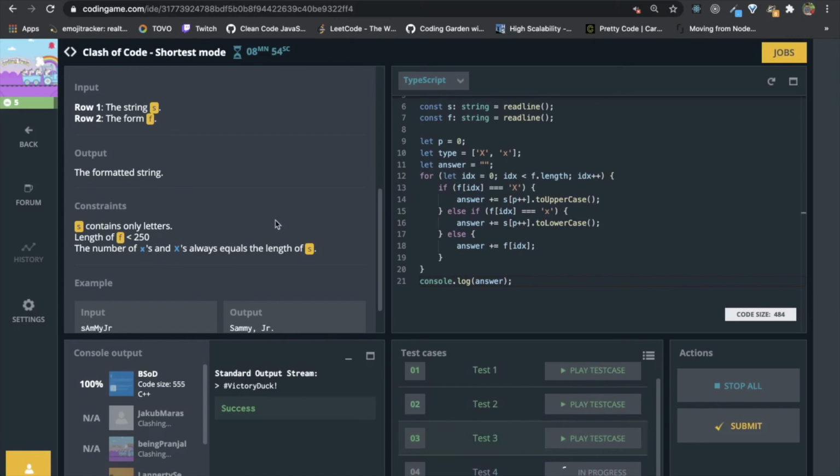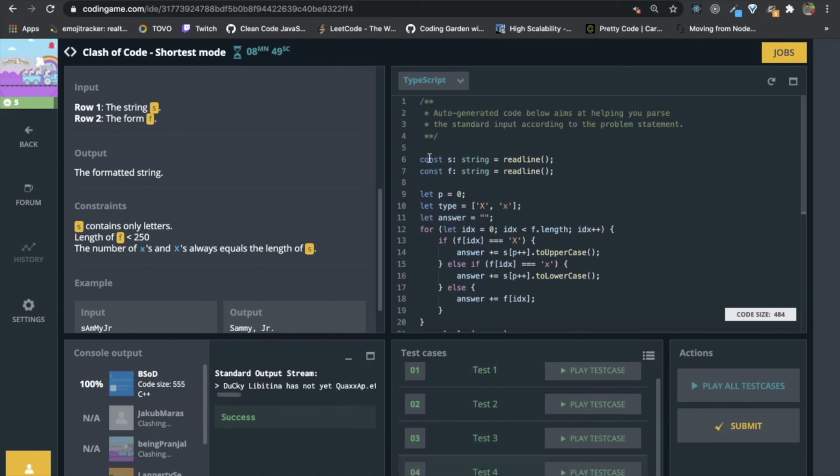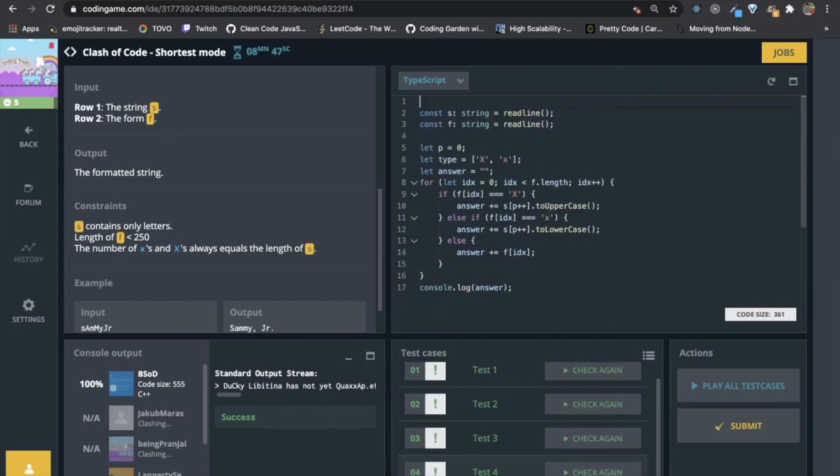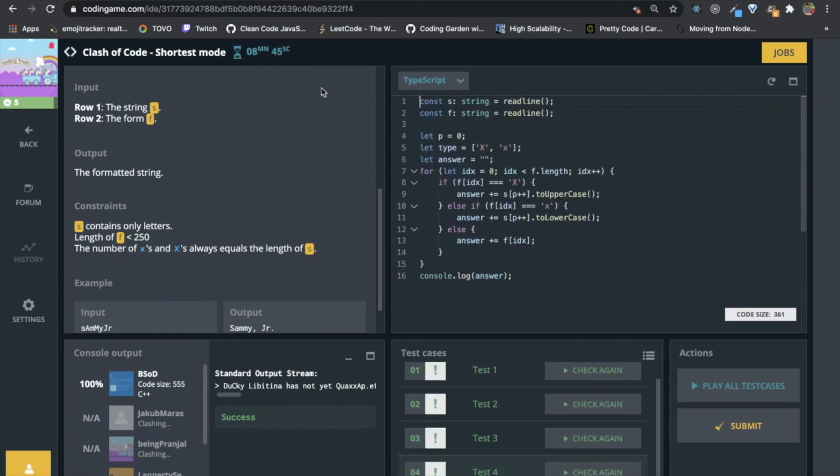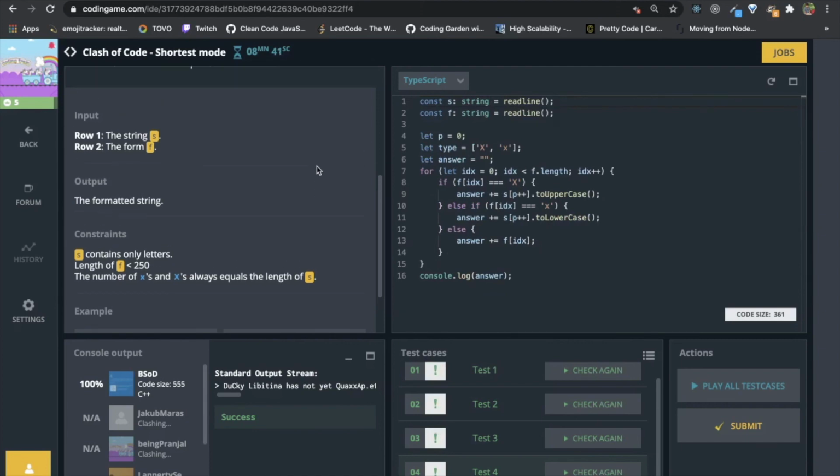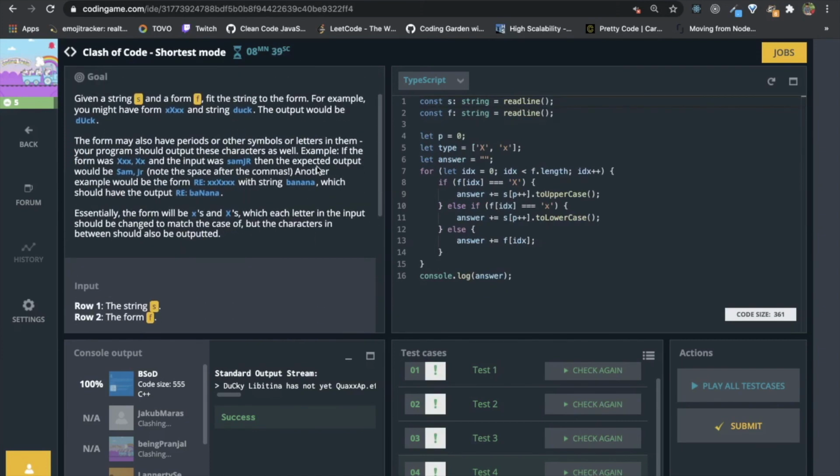So let me first explain the solution. We are given two strings, one is S and one is F. We need to convert the string S into the form of string F. Suppose we are given the string duck.